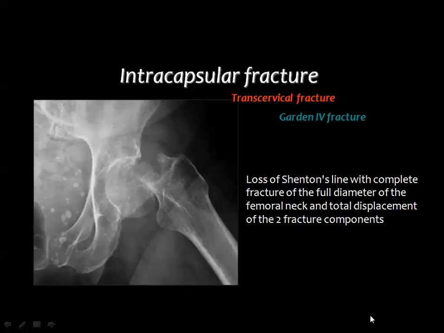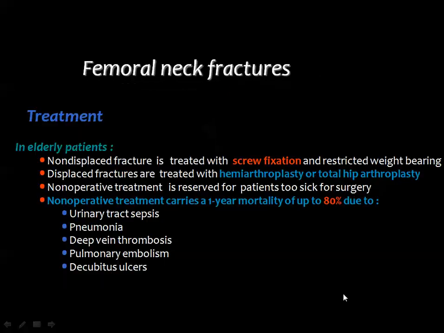And this is Gordon type 4 fracture with severe displacement of the proximal fragment. And of course, if you try to draw the Shenton line, you will see that it's totally disrupted. Femoral neck fractures are treated in elderly. The non-displaced fractures are treated with screw fixation and restricted weight bearing, while the displaced fractures are treated by hemiarthroplasty